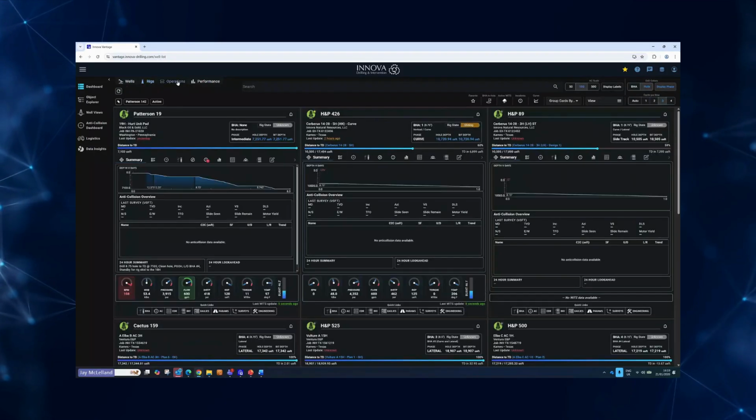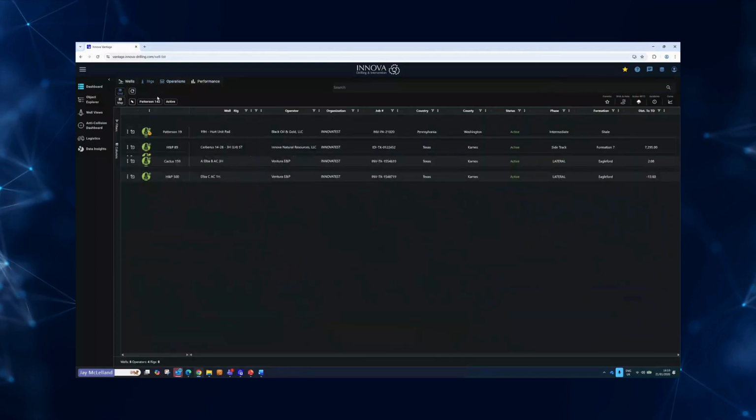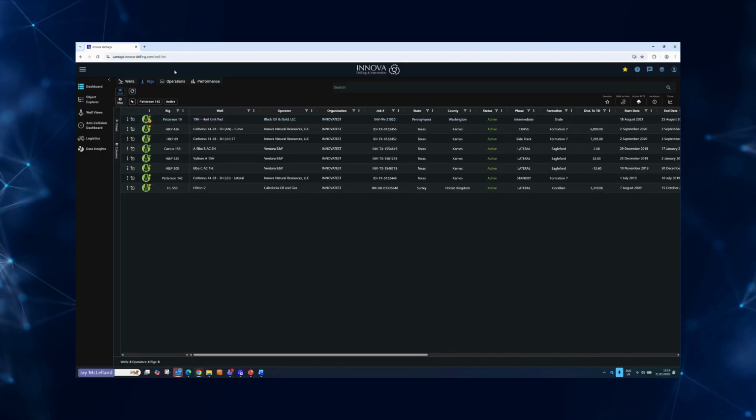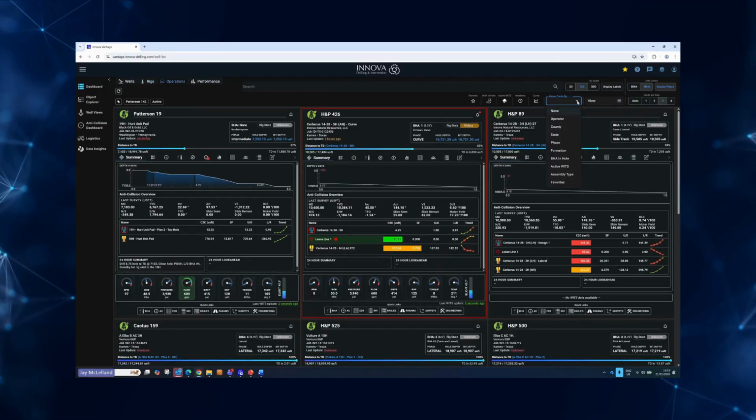Moving on to our operations dashboard. This is really the big one. This is where all of your operational data is going to be in one place. We're going to have a card in here for each of our active rigs, and the way that we will view these in the order is based on what we've got in here and also the order that we've got them in here. Now that is by default, but we can come across here and we can group our cards